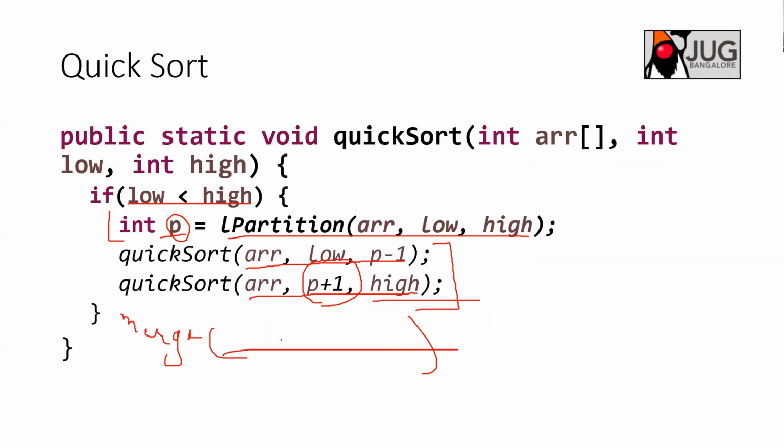If you see the Lomuto partition or Hoare partition, right, it takes big O of n, and this uses recursion, and the recursion is based on the pivot element. Let's assume that we divided the array into 2 subarrays. Further it will be 2 becomes 4, and then 4 becomes 8. It goes further until you hit the base condition. Basically it goes in a logarithmic way, so the recursion takes log of n with base 2, right? And the Lomuto or Hoare partition takes big O of n. So it is basically big O of n log n. Both algorithms are big O of n log n only. In some cases, in Lomuto partition or Hoare partition, it will take big O of n square also in the worst case.